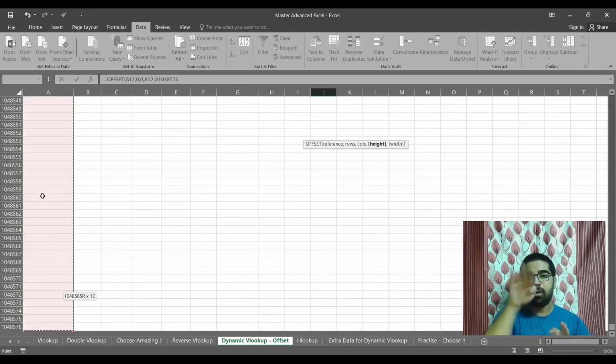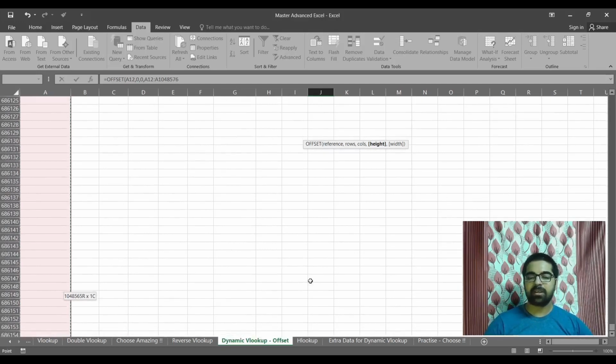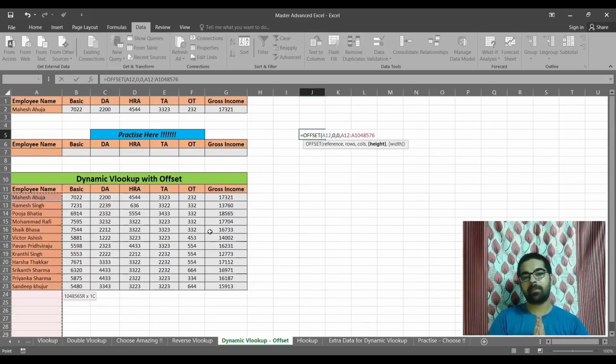Now how to go up? There are 2 ways. The first one is the normal way. You can simply come here and drag up, but it is very difficult. You have to drag up 10 lakh cells, 10 lakh lines. It is very difficult. There is one shortcut also: Control plus Backspace. Press and hold Control, press Backspace. See, you will come up. Whatever data you have selected will be the same. See, from A12